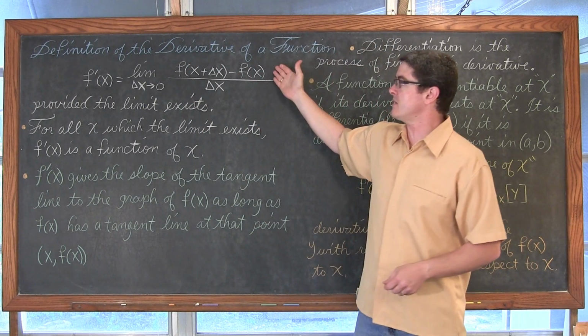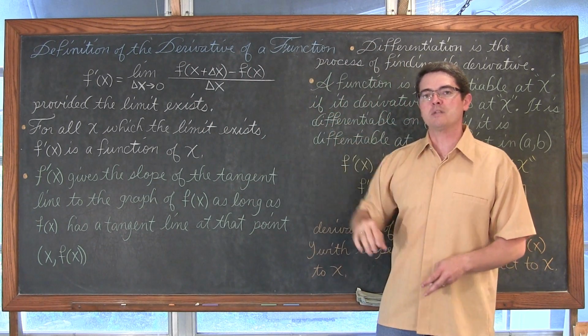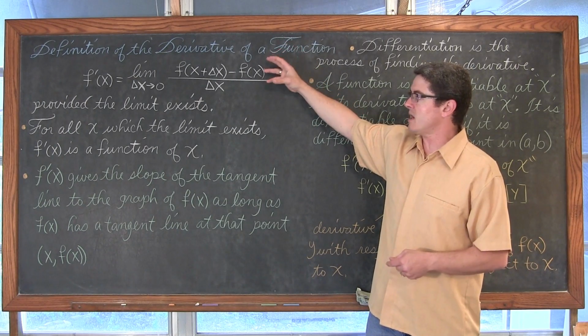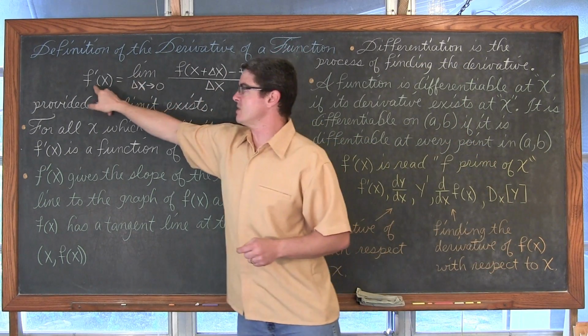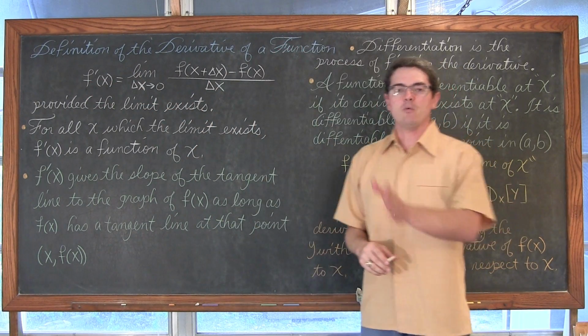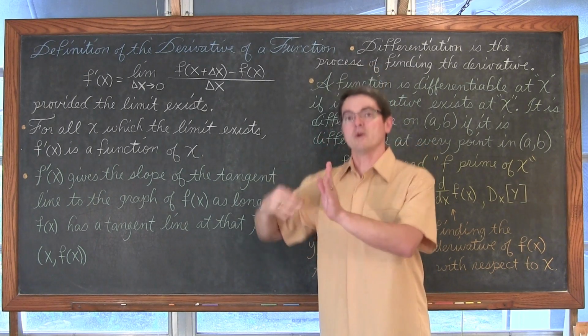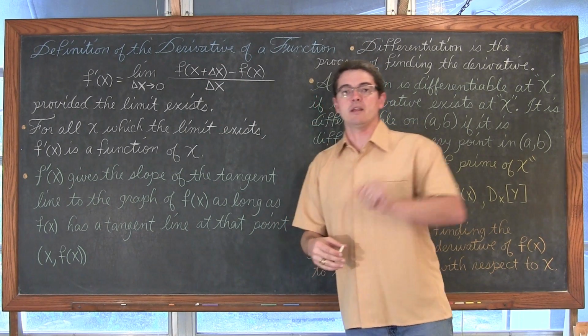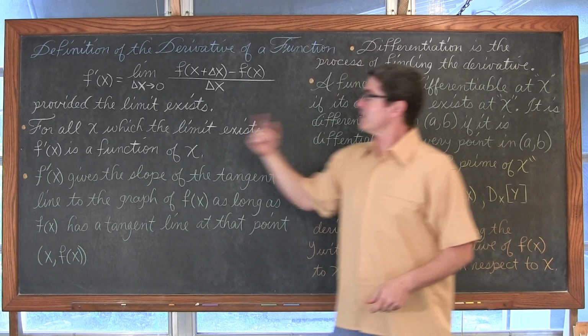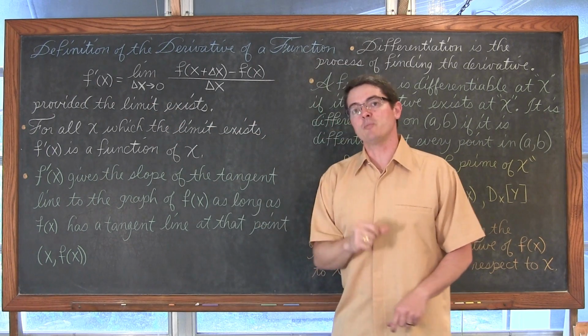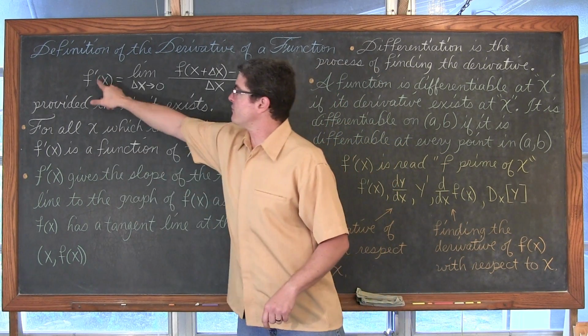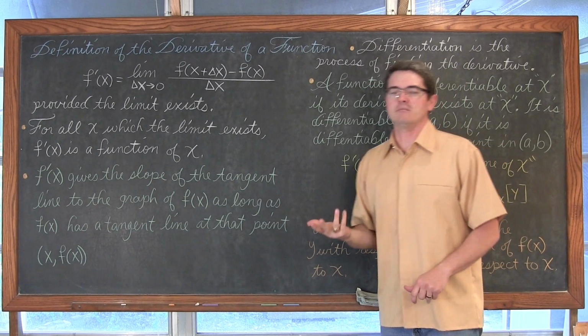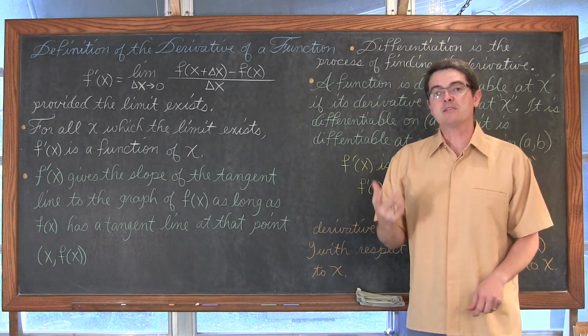So when I walk through this limit process one time, just the original time, we get this new function, this derivative function. Then if I want to find the slope of the original f of x at 2, and then at 4, all I have to do is plug 2 into this function. I get the slope of the original f of x. Plug 4 into this function, assuming that the limit exists, and I'll have my second slope.